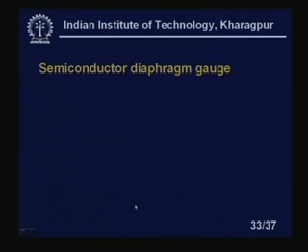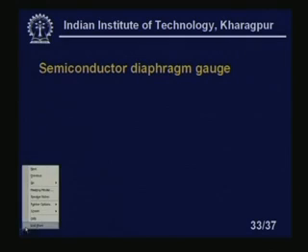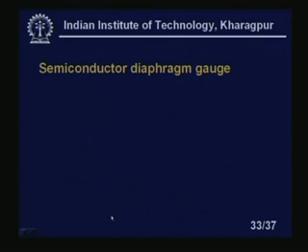Now, another type of diaphragm gauge is available, called the semiconductor diaphragm gauge, because as you know the semiconductor is very widely used. So, we are using the diaphragm as a semiconductor. Here the entire diaphragm is made of semiconductor material, and there also the Rosette concept is there, right. What they will do is, where you want to make the gauge, at that particular point they dope it. That way they are making the semiconductor.